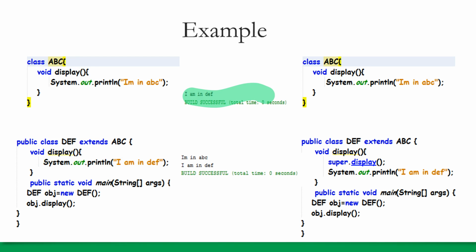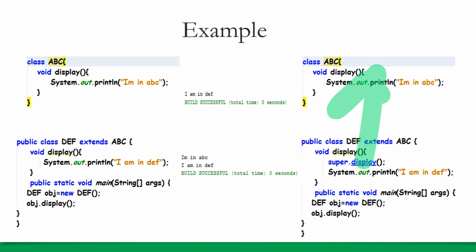Now there might be some scenario when you want to access the base class display function. What will you do? If we want to access this display function, we just need to write this statement, super.display. Now what does it mean? We have already discussed super in our constructor inheritance lesson. Super is referring to the base class. So here super means the base class and display means we are calling the display function of the base class.